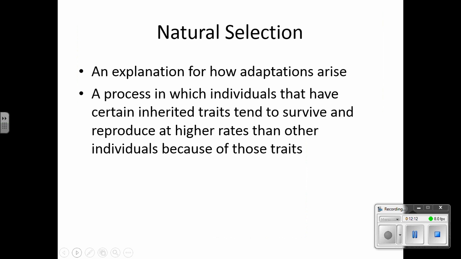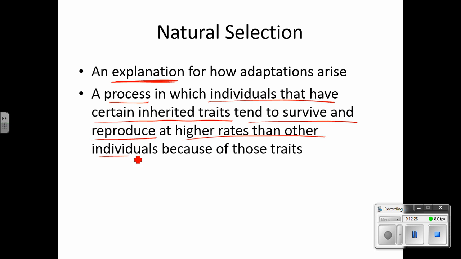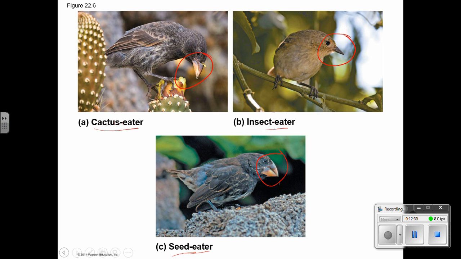Natural selection is an explanation for how adaptations arise. It's a process in which individuals that have certain inherited traits tend to survive and reproduce at higher rates than other individuals because of their traits. So if you are living on an island with all seeds,